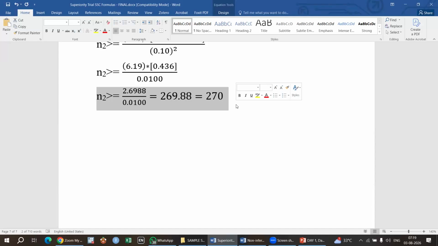Now I'm moving to non-inferiority trial. It's very simple. Same here. Z 1 minus alpha, Z 1 minus beta, each and everything is the same. Mean difference, proportion difference is the same. Sigma square is the same. And theta 0 is the same. Here theta 0 is the superiority margin; over there theta 0 is the non-inferiority margin. There is no problem. Okay, so I'm taking a 1 minute break, then we will start at 7:20. In between, if you have any question, you can ask.